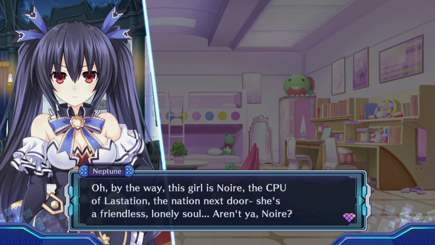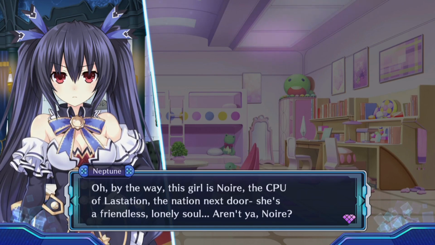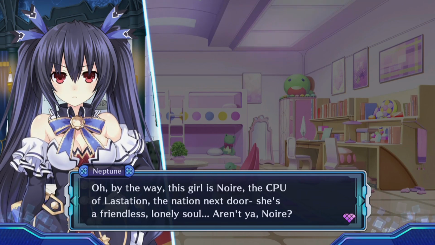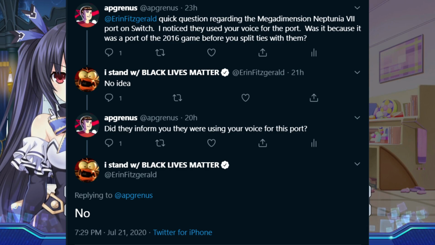That's right. Aaron Fitzgerald is the voice of Noir in this 2020 port of Megadimension Neptunia V2. I reached out to her on Twitter asking if she was aware that she was going to be used for this port, and she had no idea, so...